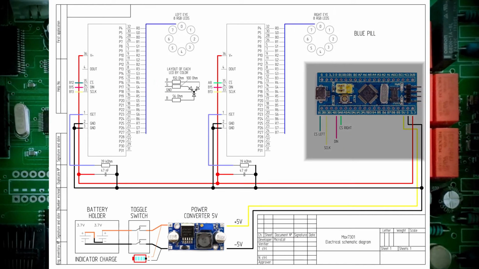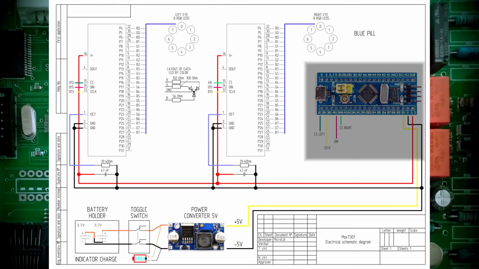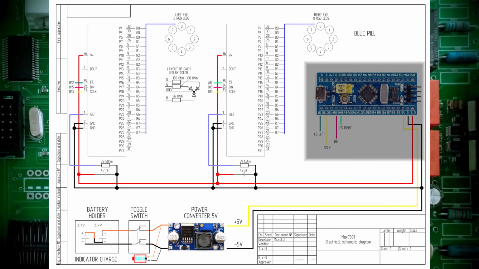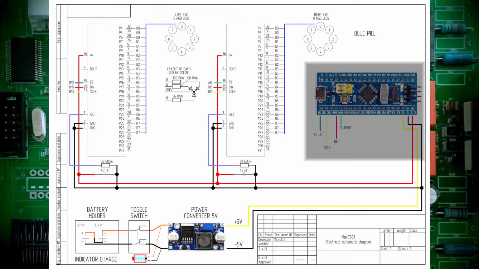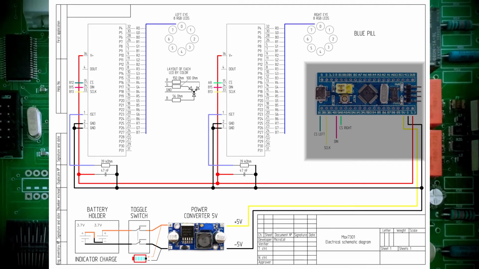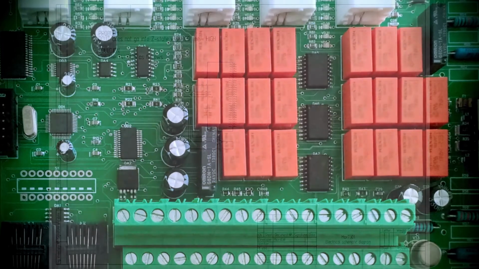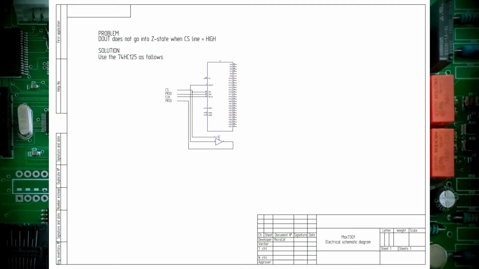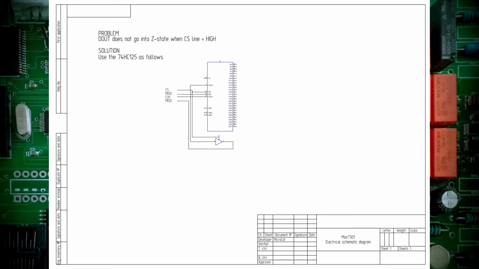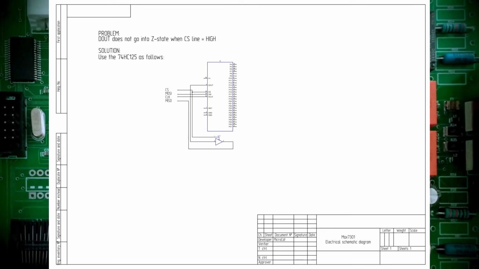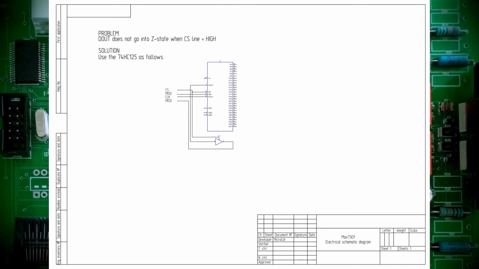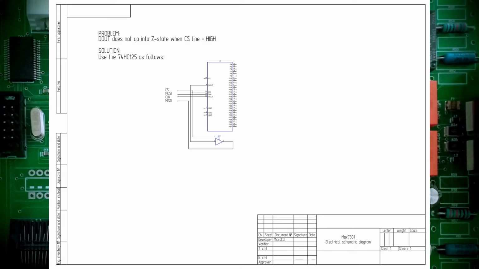Everything is controlled by an STM32 microcontroller. We see what the number of wires here is for. These are 2 wires for SPI and 2 wires to choose the expander. By the way, these expanders are not exactly SPI-compliant, where output does not go into high-impedance state when the CS line is high. You can apply this working solution here.